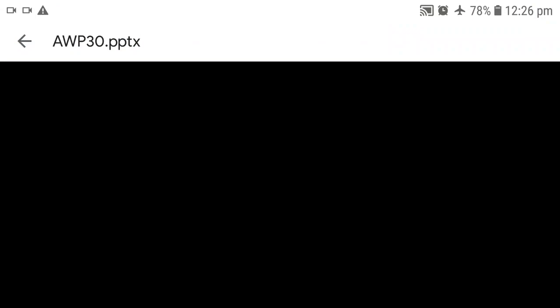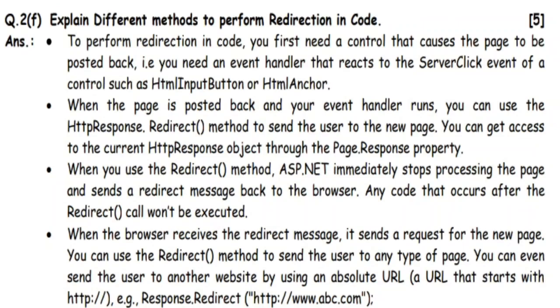You can get access to the current HttpResponse object through the Page.Response property. When you use the Redirect method, ASP.NET immediately stops processing the current page and sends a redirect message back to the browser. Any code that occurs after the Redirect call won't be executed.